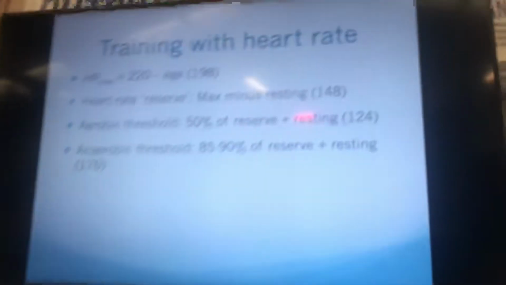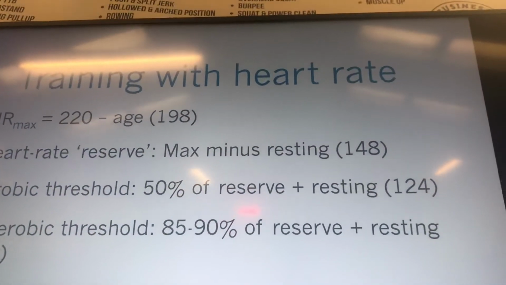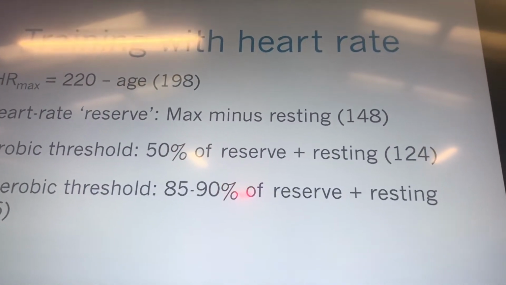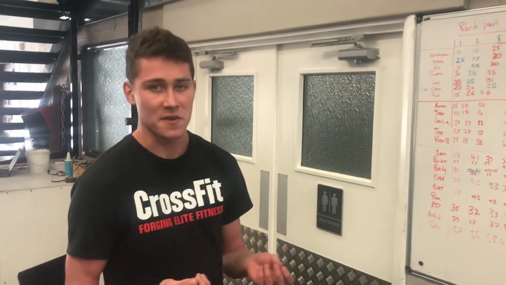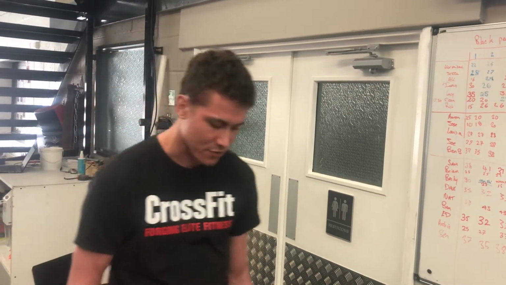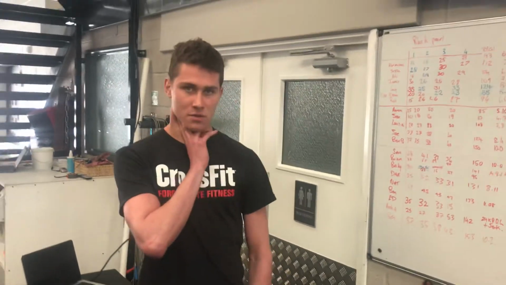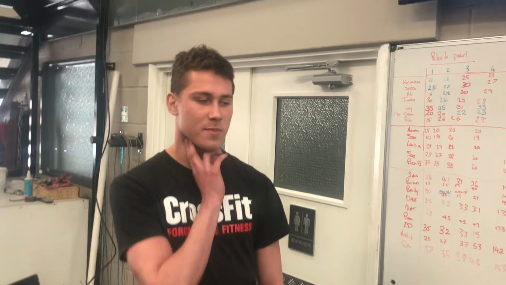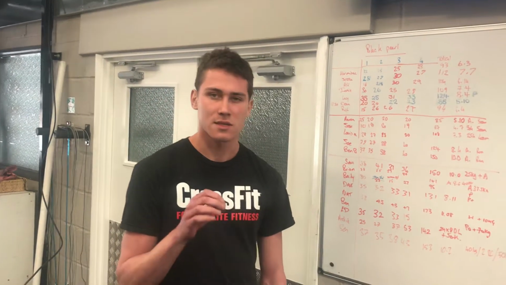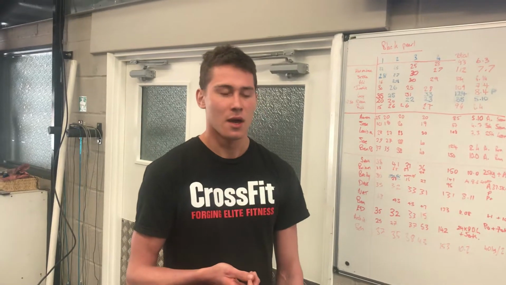So the best way to get an idea of your resting heart rate. What's max minus resting? So for this, my resting heart rate is about 50 beats per minute. The way that you measure this is for 3 mornings in a row, as soon as you wake up, just measure your heartbeat for a minute. The best way to do it is measure it for 10 seconds and then times that by 6,